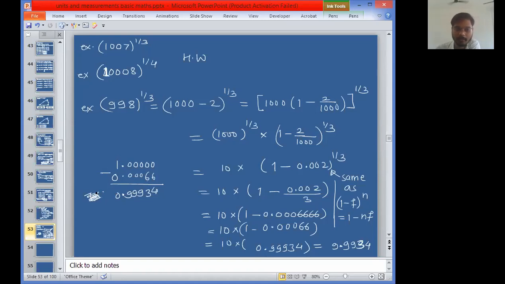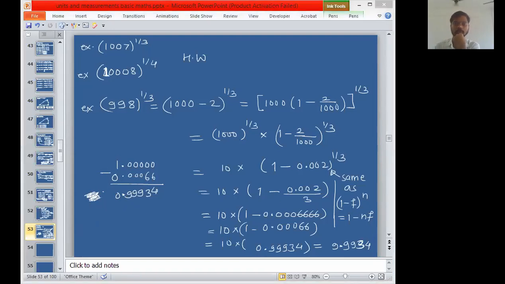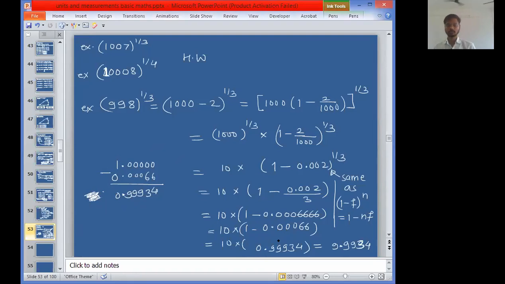Subtraction. Done? Kritika, can you do the subtraction now? You can do the subtraction, right? Don't make me do that calculation. That you can do on your own. You should be able to do such kinds of things orally. Okay, fine. So after multiplying by 10 you will get the final answer.